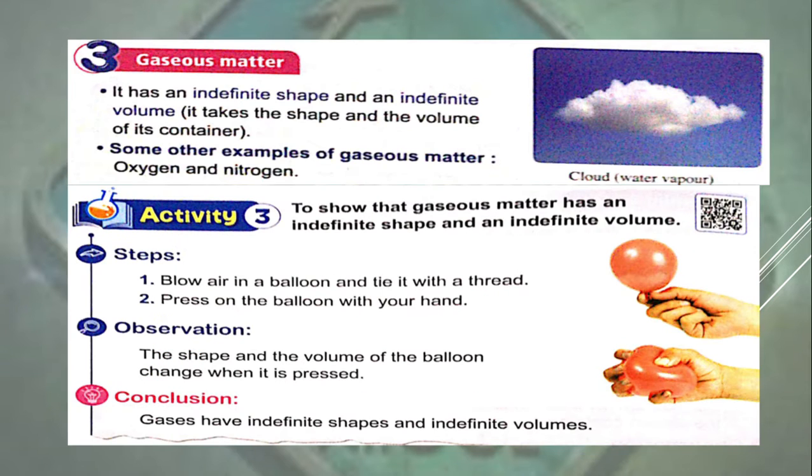Let's identify the gaseous matter. We blow some air into a balloon, after that tie it with a thread and press on the balloon. We noted that the shape and the volume change. It means the shape and the volume of gas are indefinite. Gases take the shape and the volume of their